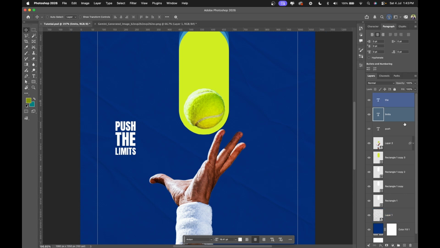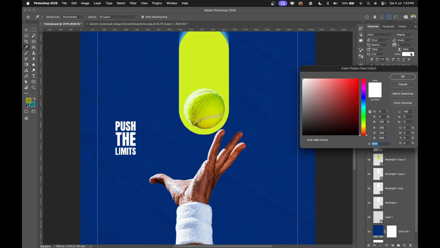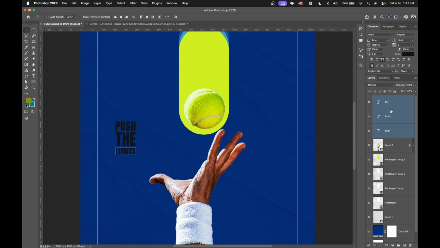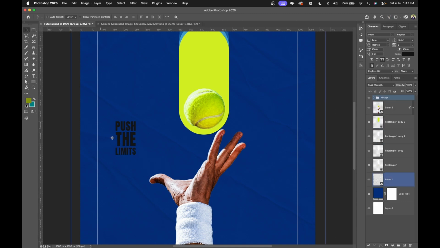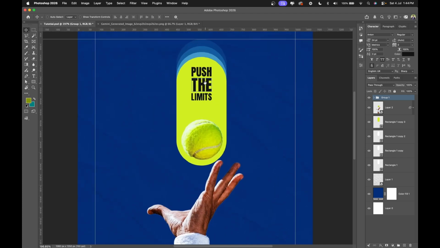So I'm going to select all three of them. I'm going to make sure they're aligned. Then I'm going to come to my character and change my character color to black. There's this black right here. And I'm going to group them, Command G or Control G on Windows to group. Then move it all the way to this place. Right? And what I want to do now is to make sure that it aligns to the center of the